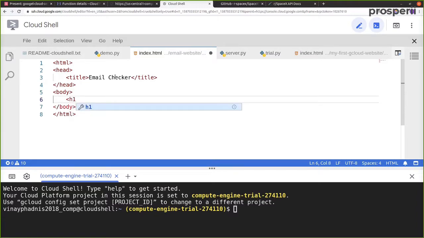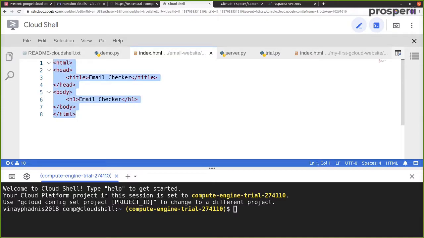So we have h1, and then let's close this tag, and inside this h1 tag, now let's give a title to our website. So we have the same thing called email checker. So let's paste this here. Okay, and now we have created this website, but now we want to look at this particular HTML page, and